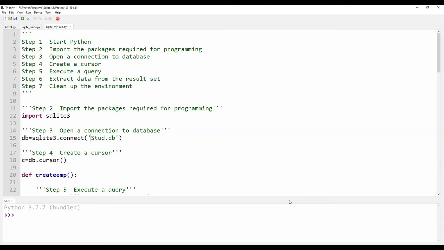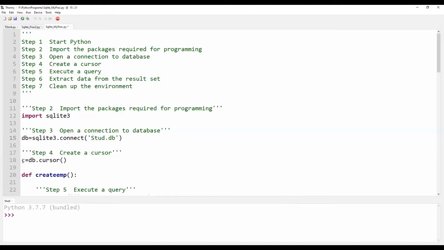Whenever we are trying to execute a SQL command, I will be getting a result. Since we are trying to connect a front end with a back end, I need a workspace to hold the result which is coming from the back end. To hold the result set at a particular place, I need one instance called a cursor instance. How to create a cursor?